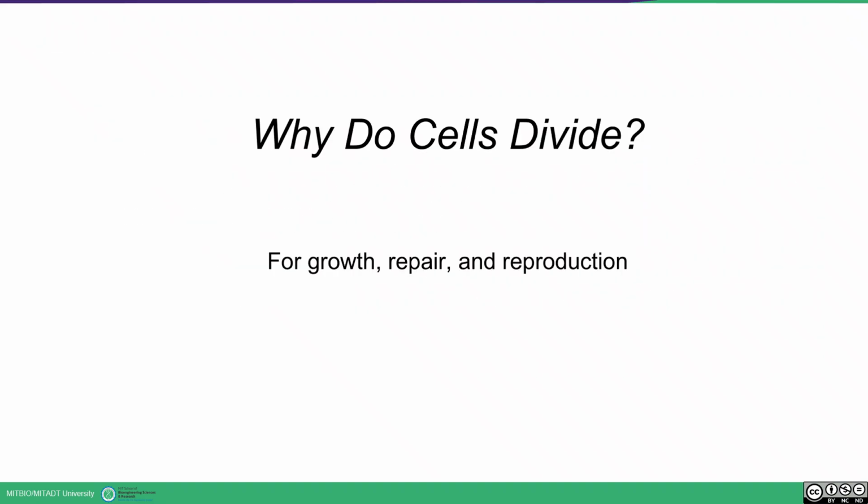So why do cells divide? In today's lecture, you will learn the definition of the cell cycle, phases of the cell cycle, checkpoints, cell cycle regulation, and their significance. Cells divide for growth, for the replication of DNA, for preparation for division, and finally divide to make daughter cells that again enter into the same cycle.